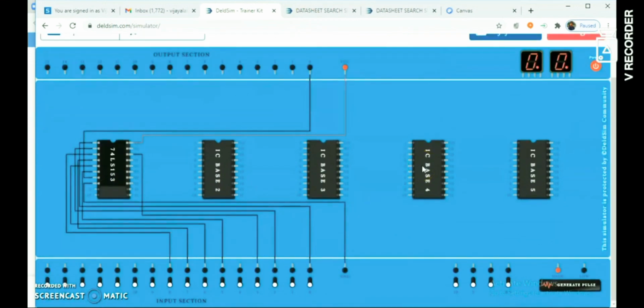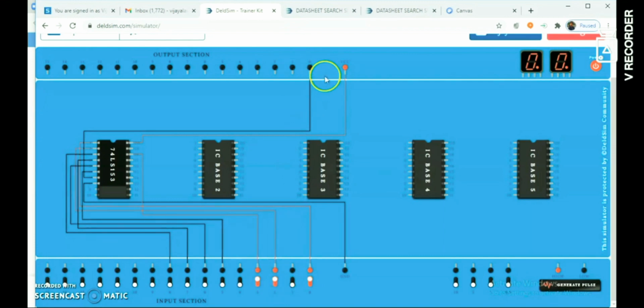So let's power on, and after that we'll click over here. See, if this enable pin is high, then output is low. If we apply anything at the data input, it will not be reflected at the output side. So for making any kind of connections or transferring data over an output line, we need to make the enable pin low.